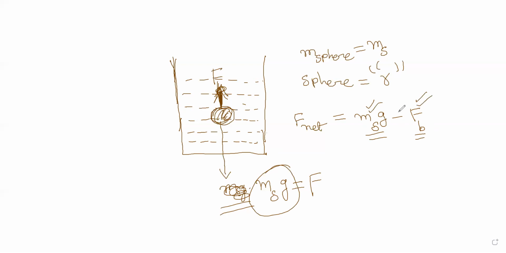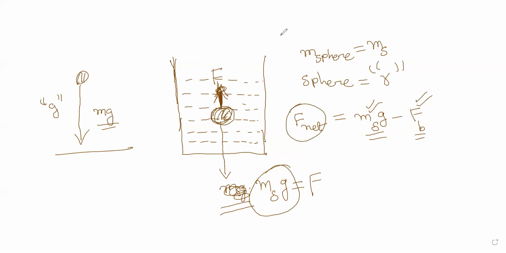When you drop it inside the liquid, it will settle down. That means gravitational force is more. And when you drop the sphere outside, onto the ground, it will move with the force of mg downwards. Okay, you know that very well. It will move with the gravitational acceleration of g. But it will not be moving with the same speed. It will be moving with a lesser speed when it is inside the liquid. That you know very well. The reason is the buoyant force. The net force is mg minus buoyant force.